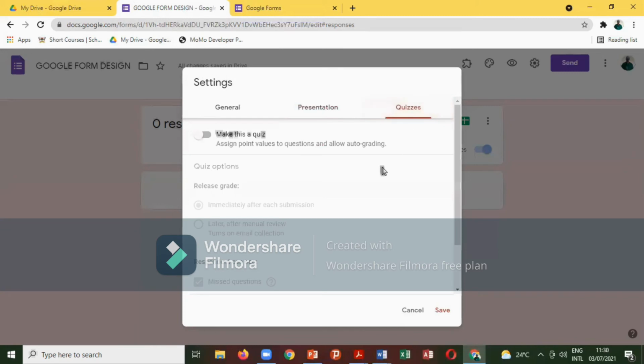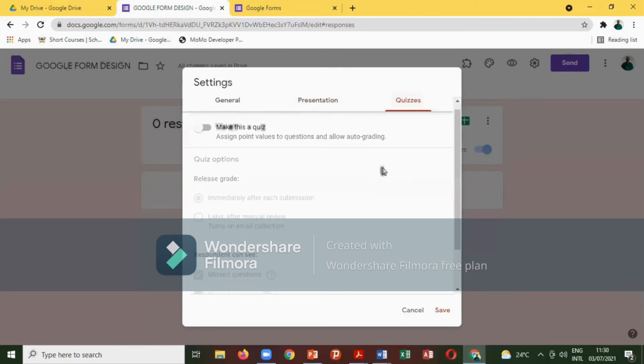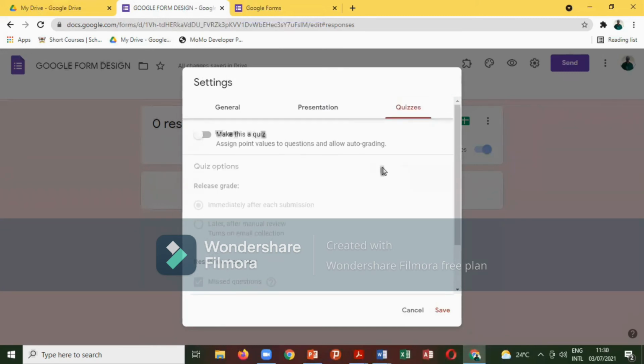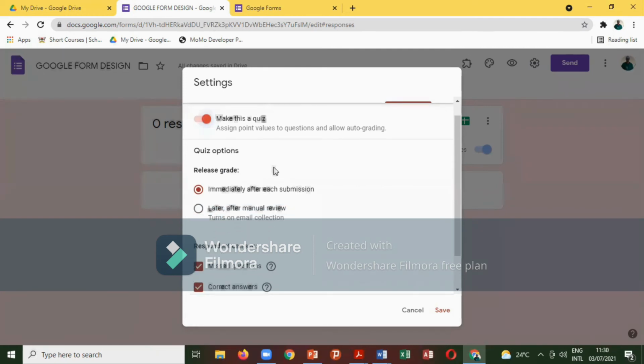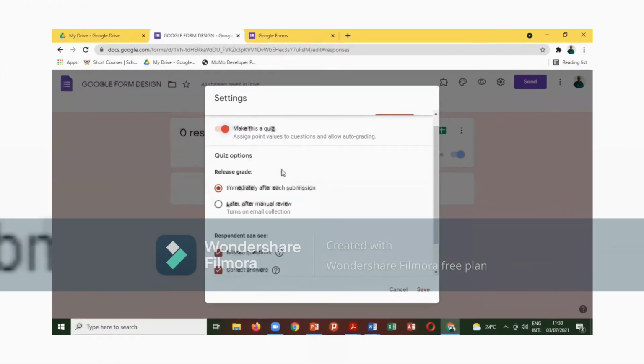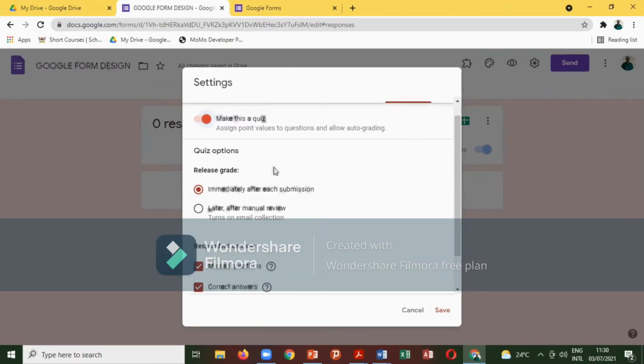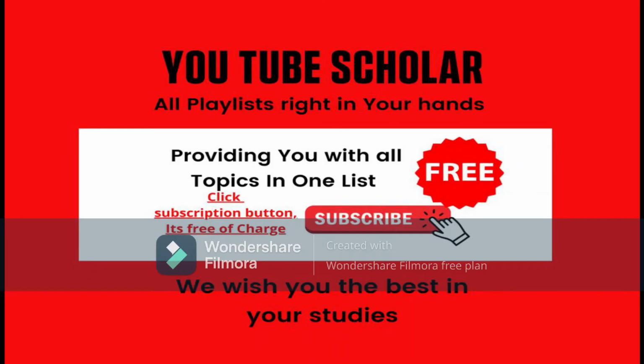And here we have quiz. See? Once you want to make this a quiz, you click on here and make it a quiz. So we have the quiz option. You want the person to get the grade immediately, like after someone submits, Google form will show immediately there and then that you've got 100% in this test immediately after submission. Or